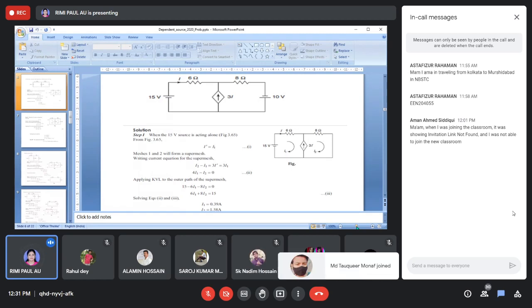So if you practice every method, then on seeing a problem you can easily say that applying this method, I can solve it within this time. Time is the main problem when you appear for competitive exams, and in most competitive exams you will get this type of problem, that means supermesh problems.